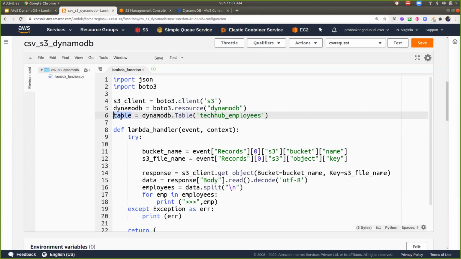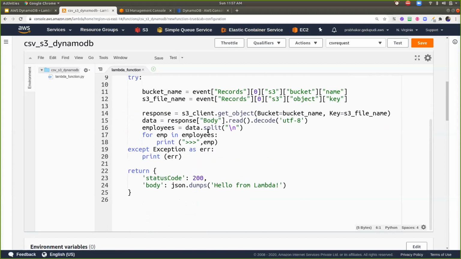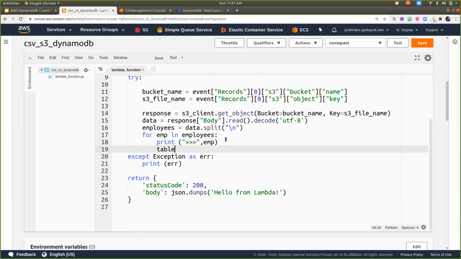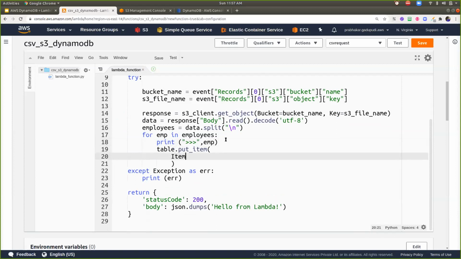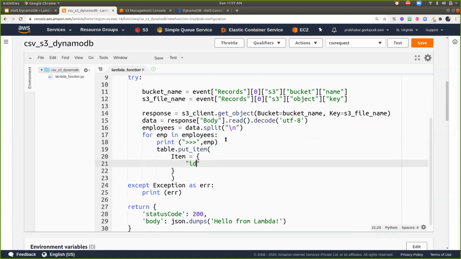Now it's time to actually insert that data inside the DynamoDB. So I have a table, and into this table I'm going to put data. Put item, and inside that I'm going to put one item. For this item I can specify that the ID is the primary key, and str of.